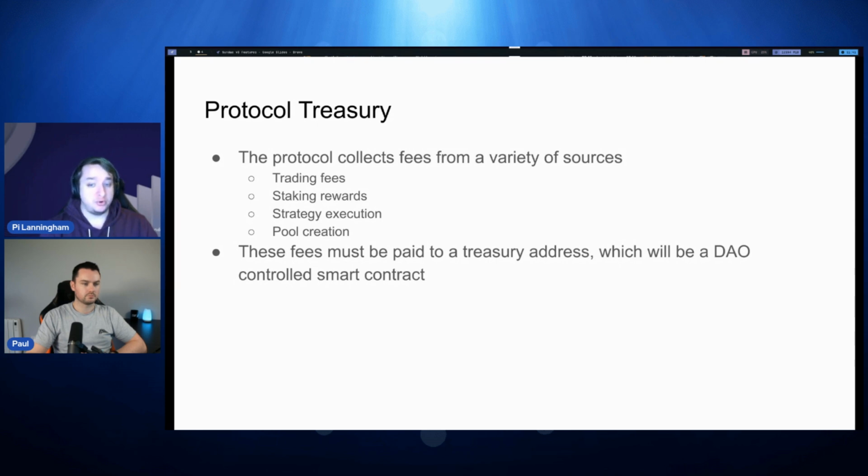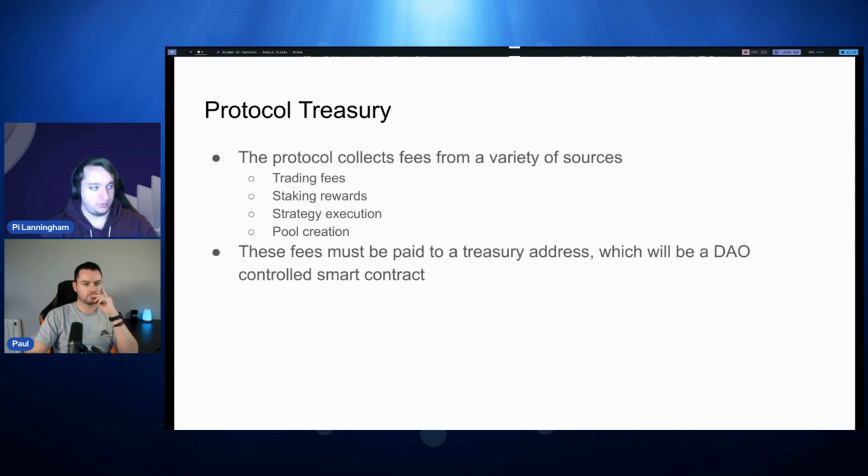And then pool creation. So the DAO can set a fee to open a pool. So it might say, hey, in order to create a new liquidity pool, you have to pay 100 ADA in protocol fees. We'll probably launch with that set to 0. It'll be up to the DAO, but it's an option there for the DAO to say, hey, Sunday is popular enough, we want to avoid really spammy pools, we want a little bit of extra protocol revenue.